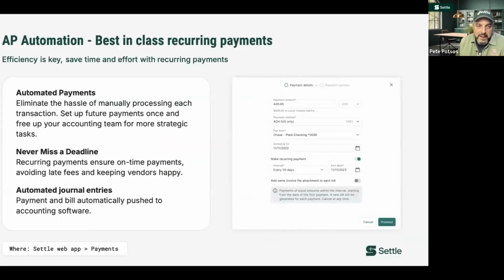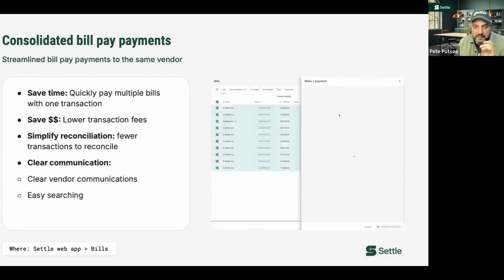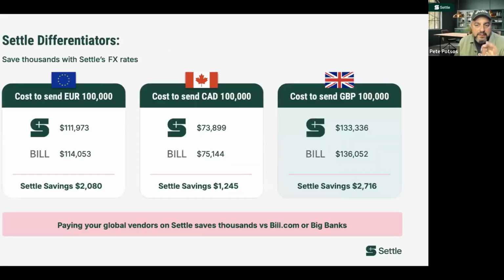We also do recurring payments, so an easy way to just send money out that just needs to be ACH. It's the monthly rent. We can do that pretty easily. We do consolidated bill payments, so you can pay multiple bills at the same time and keep your transaction fees low. And then one difference from some of the solutions we just looked at here,